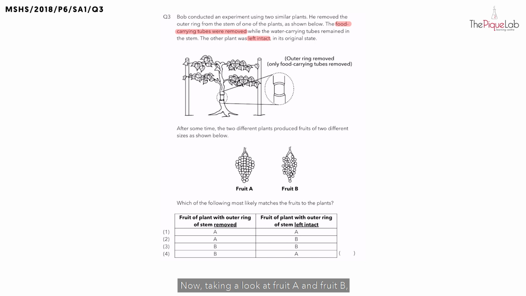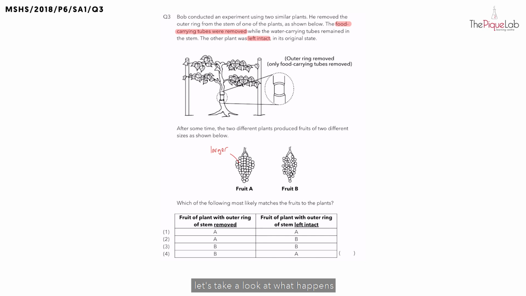Now, taking a look at fruit A and fruit B, can you tell me which fruit is larger in size? We can see clearly that it is fruit A which is larger than fruit B. Now, if fruit A is larger in size, do you think that fruit A contains more food or less food? Yes, fruit A contains more food. So if fruit A contains more food, that means somehow the plant is transporting more food which can be stored in fruit A. So, in order to find out which plant is transporting more food to the fruit, let's